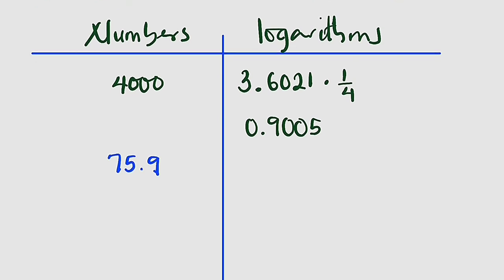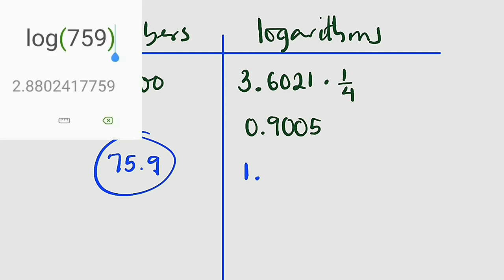75.9. What is the characteristic of this number? Once you take this decimal point backward once, that is going to be our characteristic point. Then take your calculator, press log of the whole of this number. Don't mind the decimal point. Just take the whole of log of 759. You're going to get